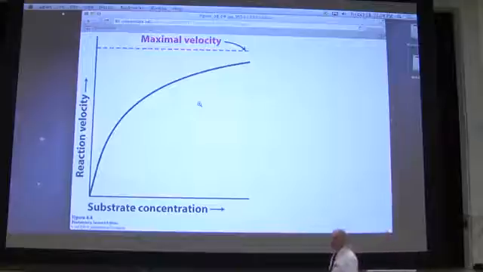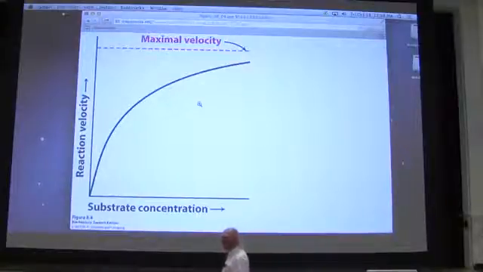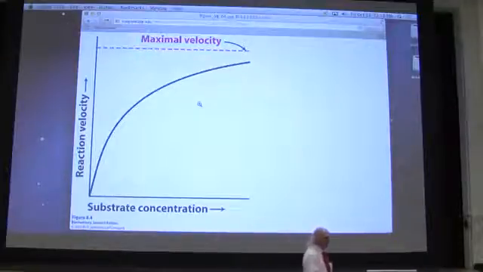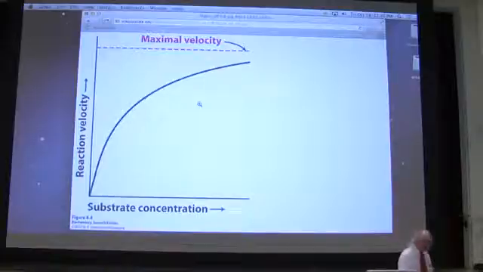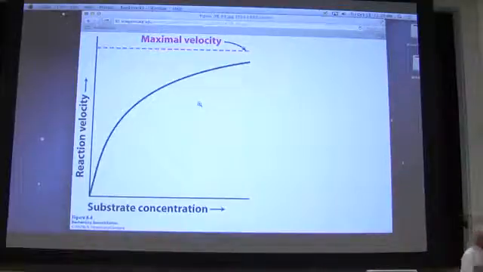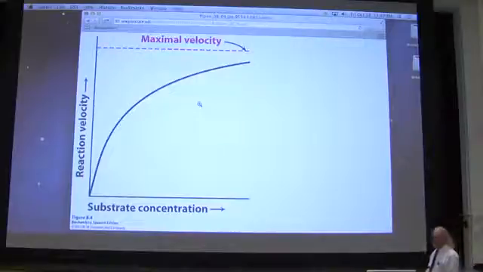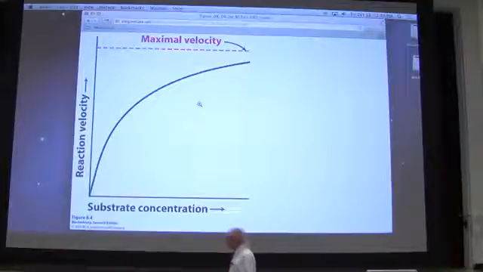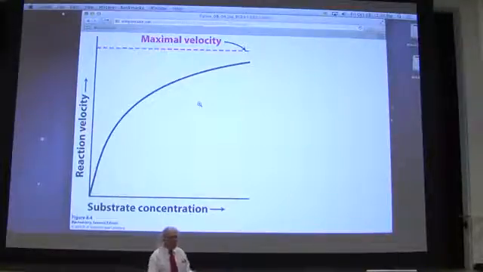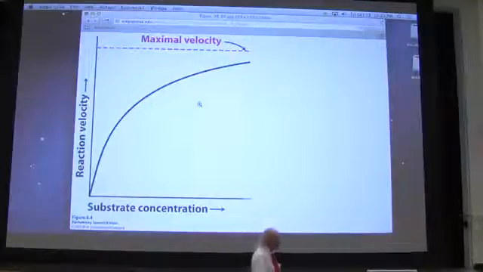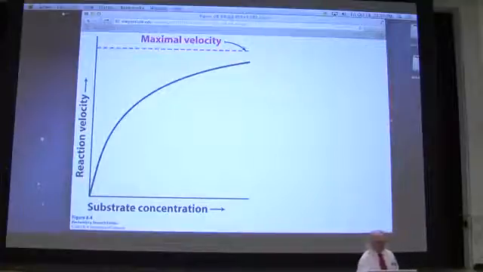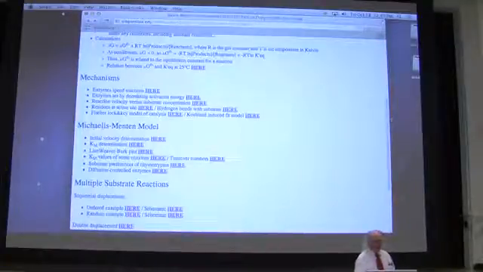It's for that reason maximum velocity is not any good for comparing enzymes. I can't compare the velocity of one enzyme with another enzyme because, again, it's dependent upon the concentration of the enzyme. Well, I would like to be able to compare enzymes, so what can I do to compare them? In order to do that, I need to take into consideration the concentration of enzymes. I'm going to give you a term that allows you to understand that, and that is,